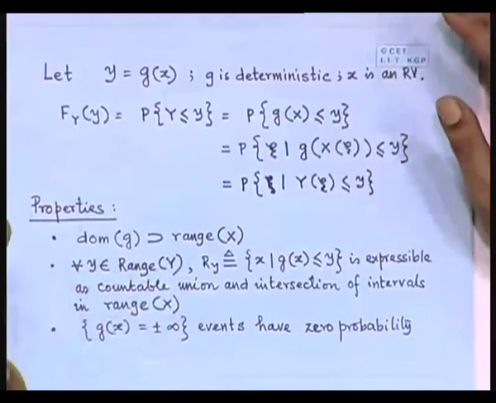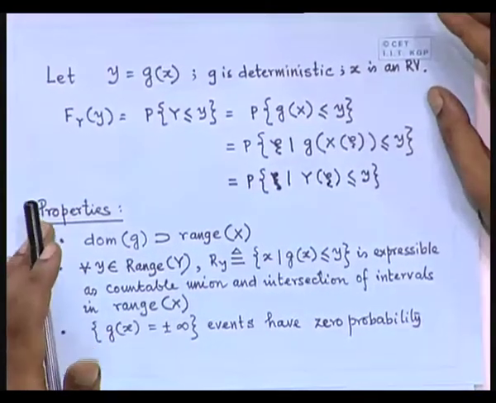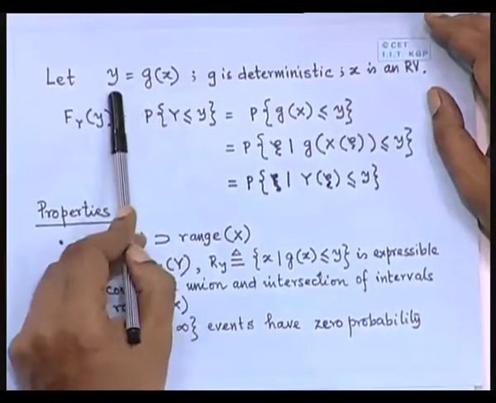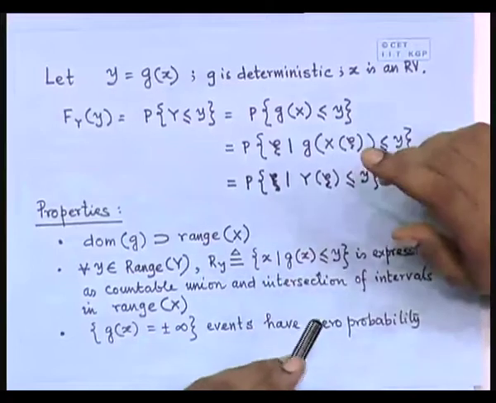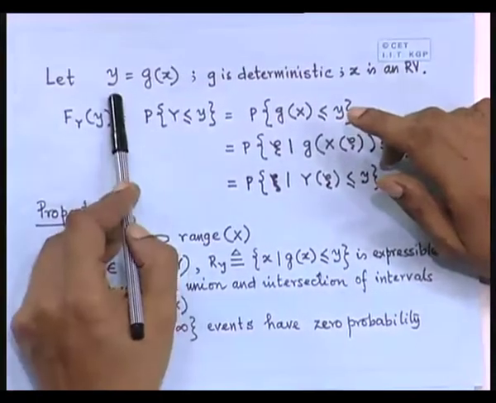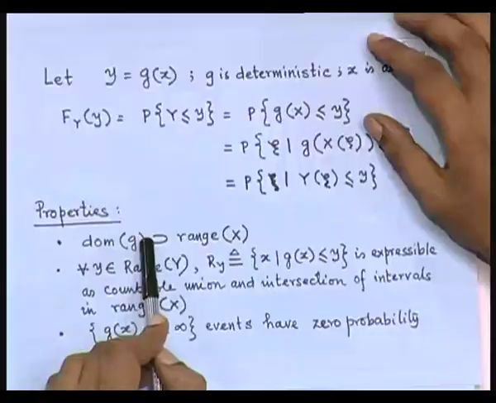And there are certain properties that this function g should satisfy. Otherwise, if you just take any function g, then it will not be giving you a standard variable y, right. For example, suppose you take g as the root function, then the root of a negative quantity is not a real. So corresponding to all negative values of x, you will not get a y. Now the point is that those negative values of x may have some probability associated with it. So then all the probabilities of y will not add to 1. There will be some probabilities which will be left unexplained, right. So you need that the domain of this function must include the range of x,